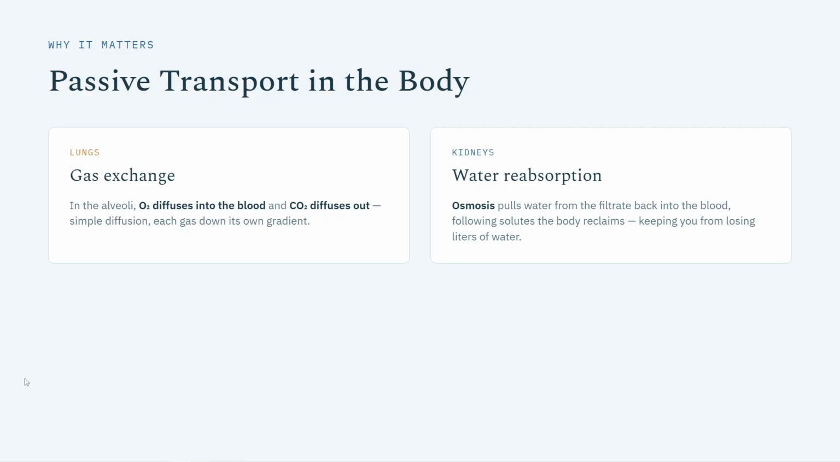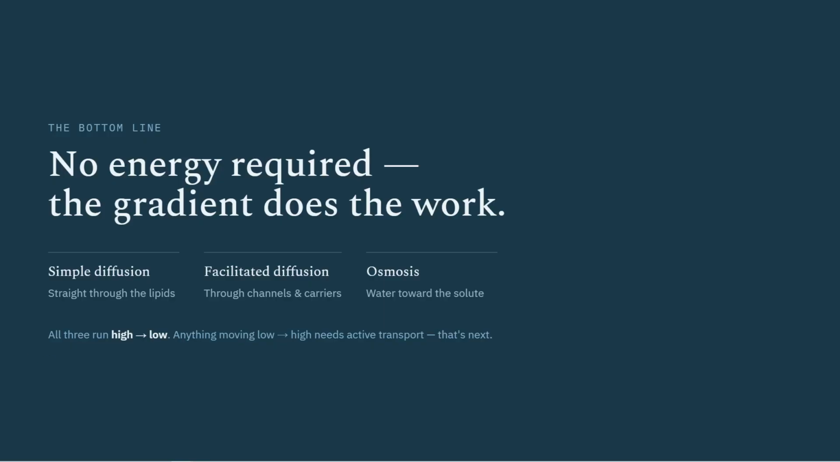The gradients handle it. So here's the one line to remember. Passive transport needs no energy, because the gradient does the work. Simple diffusion, facilitated diffusion, osmosis, all of them move things from high to low. And if you ever see something going the other way, low to high, that's something called active transport in a